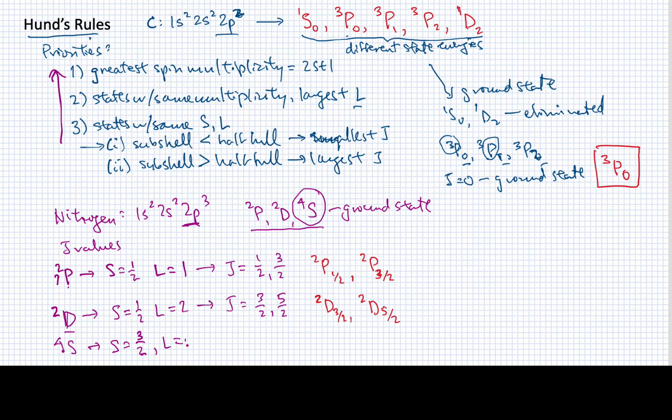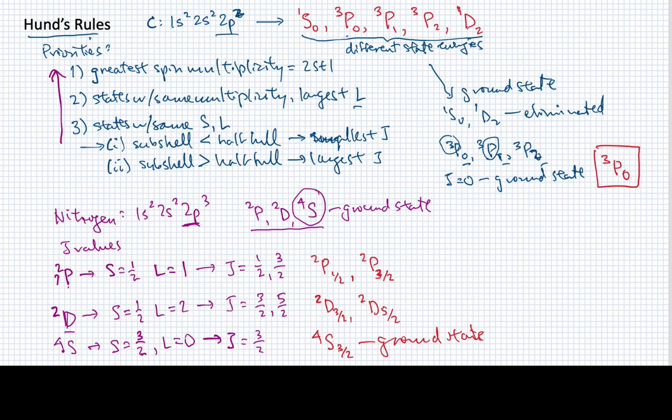L in this case is 0, so L minus S is the same as L plus S when we take the absolute value. So the only value of J that we can get is 3/2. That means our single term for this lowest energy term is quartet S 3/2, and this is the ground state